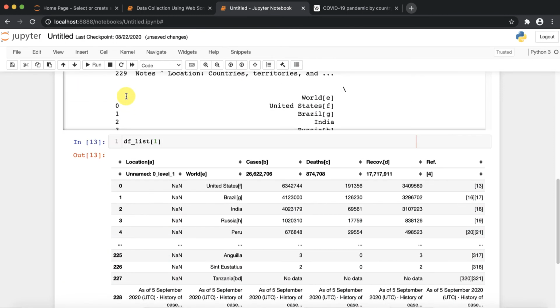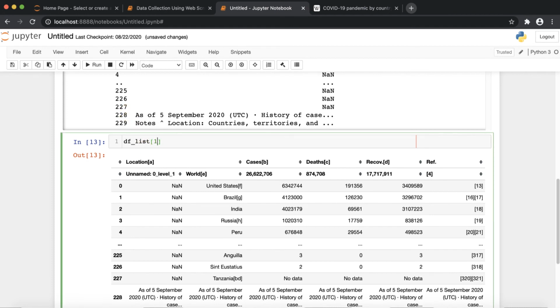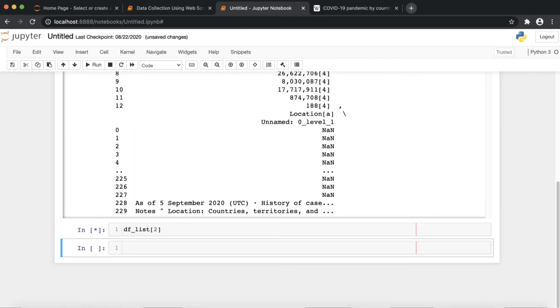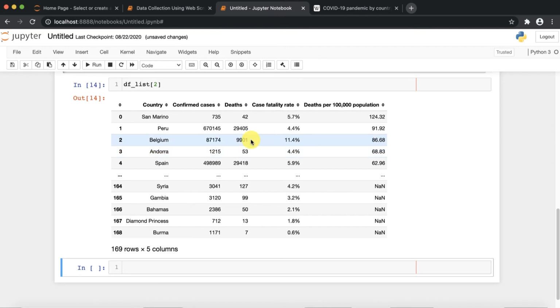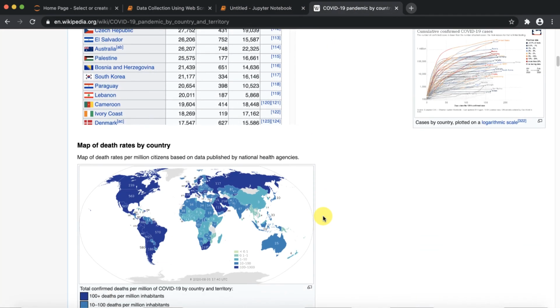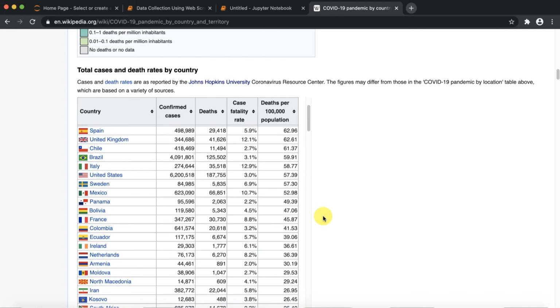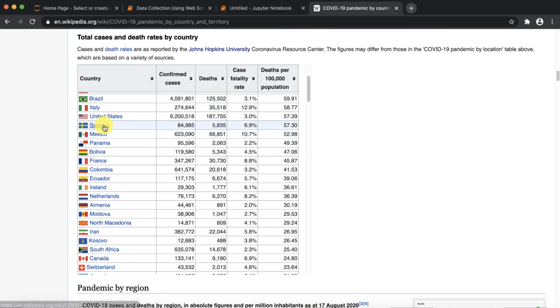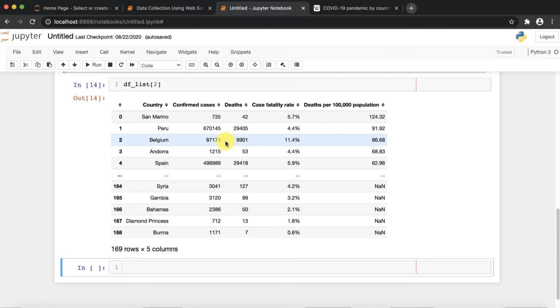Suppose I go for another list item, df_list of 2. This is clean data: country, confirmed cases, total deaths, case fatality rate, and deaths per 1 lakh population. Where is that data? On this Wikipedia site, here is that data. If the table contains cleaner data, then it displays the clean data.